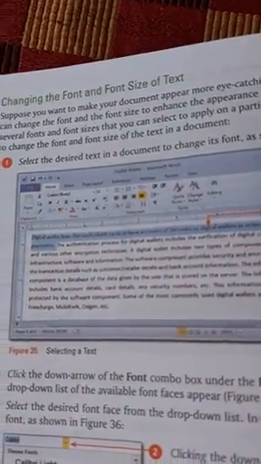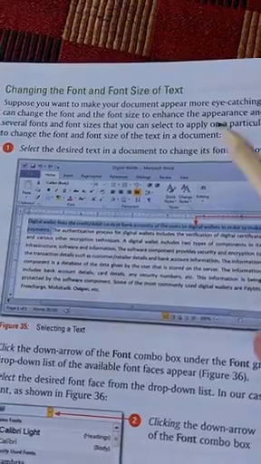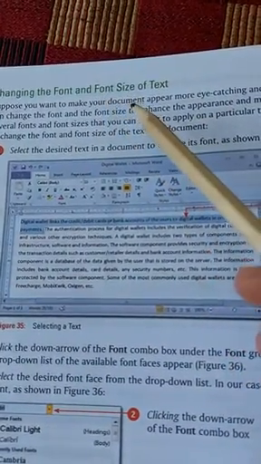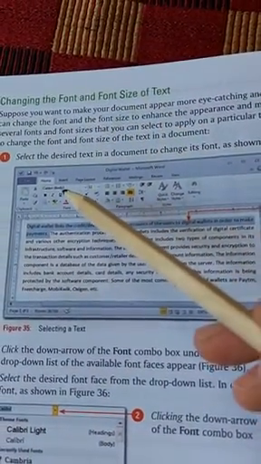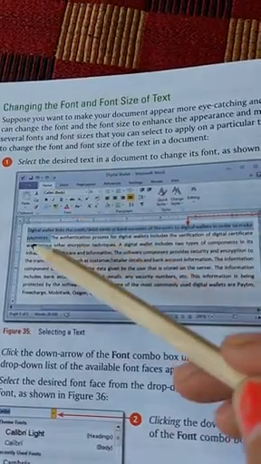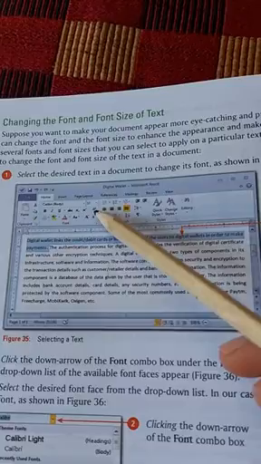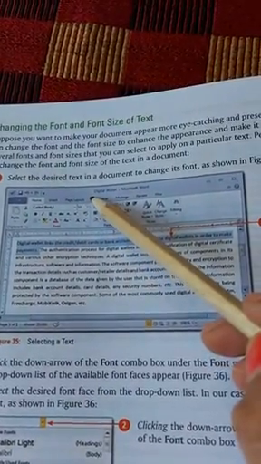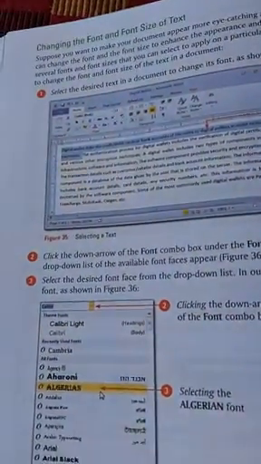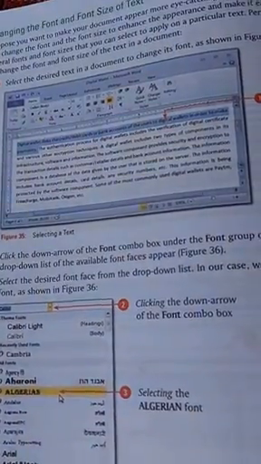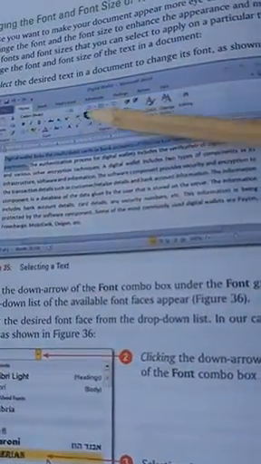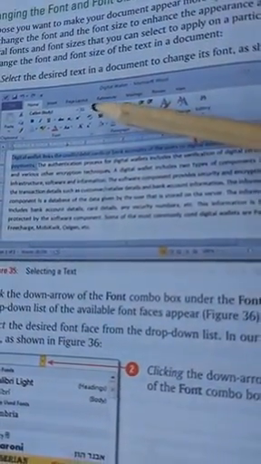The very first thing that we can do using font formatting is changing the font and font size of the text. We can do it by selecting the text, going to the home tab, and selecting the font style from here and font size from this option. Look at this. This is for the font style, and this particular button is for size.